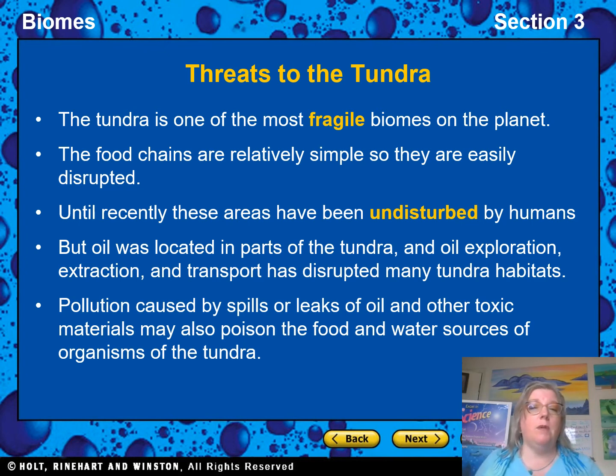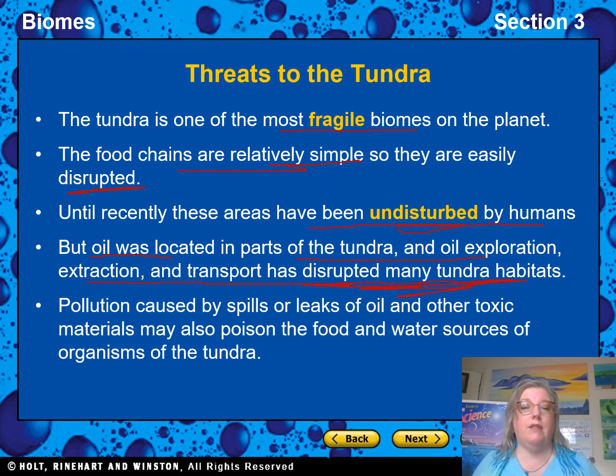So the tundra is one of the most fragile biomes on the planet, and the food chains here are relatively simple, so it's very easy to disrupt them. Until recently, they've been undisturbed by humans because it was too cold for us to get there. But now we're getting better at expanding our places, and we found oil there, so we're tearing the place to pieces. Oil was located in parts of the tundra, and oil exploration, extraction, and transport has completely disrupted many